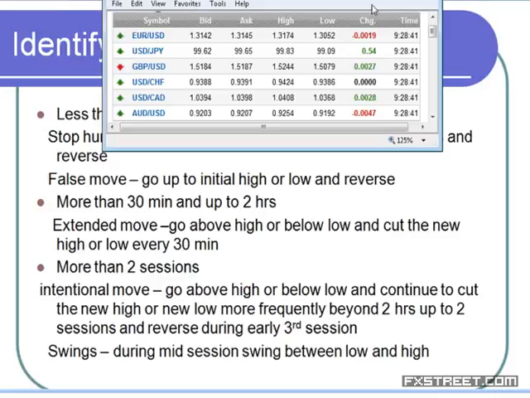Then swings are the moves between the initial lows and the highs without breaching the high or the low. So these are all the main types of moves, and during trend reversal time, they make the extended stop move. They just drop about 150 pips in a matter of about 1 or 2 hours, just reverse and come above the initial low in a matter of about 1 or 2 hours. That is extended stop and then continue to rise above the initial high, continue to gain the levels.